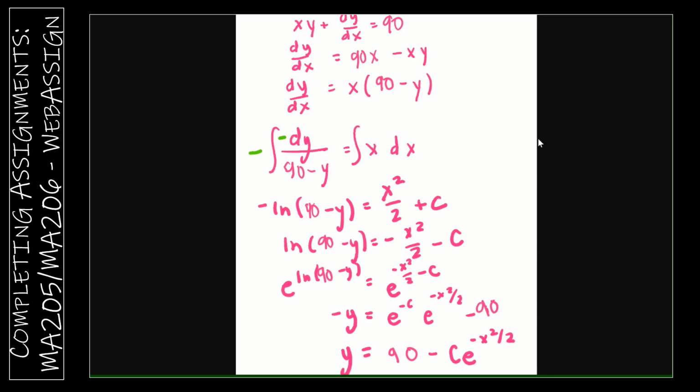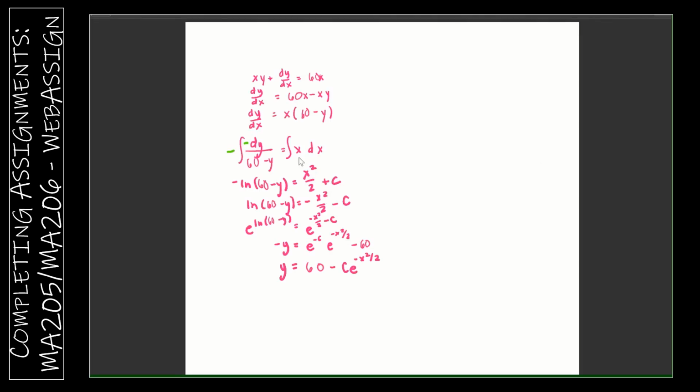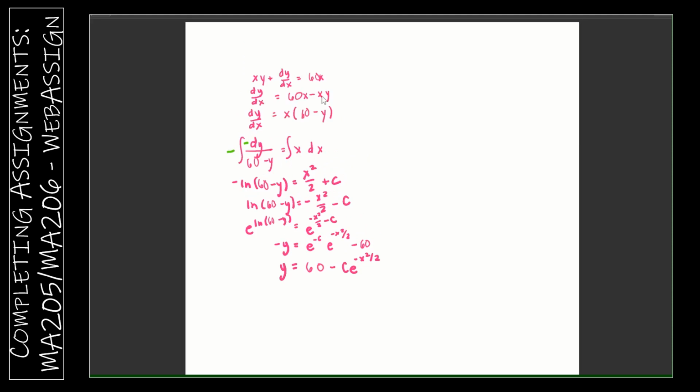So a JPEG, as you can see, opens just in my browser, and so does a PDF. It will open in my browser. So obviously this one has a lot of extra space, but that's okay. So notice both are nice and big. I can see all of the steps as the instructor, and if necessary, I can mark it up and return